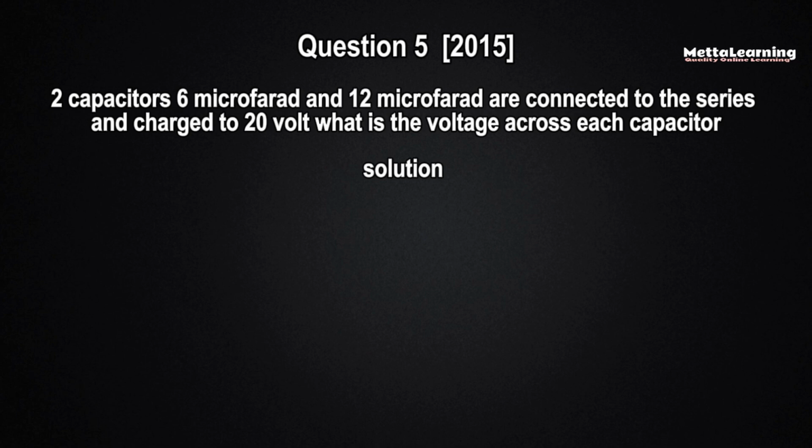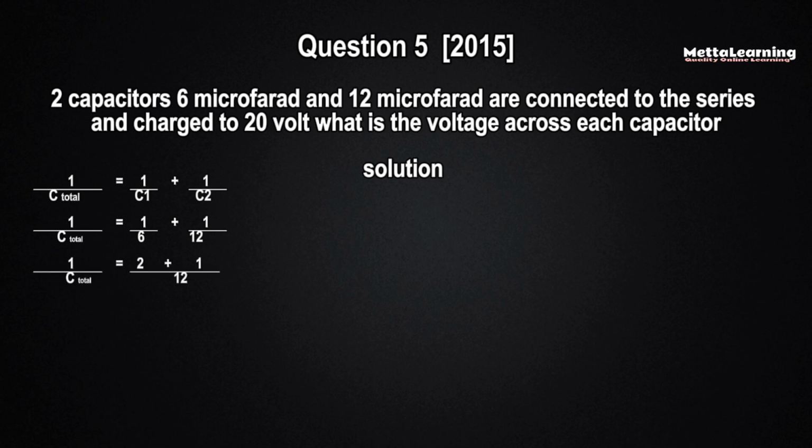So we are told that these capacitors were connected in series. So we use the formula for capacitors in series. We have 1 over equivalent capacitance equals 1 over C1 plus 1 over C2, just that we're given two capacitors in our question. So the first capacitor is 6 and the second capacitor is 12. So we have 1 over equivalent capacitance equals 1 over 6 plus 1 over 12, which equals